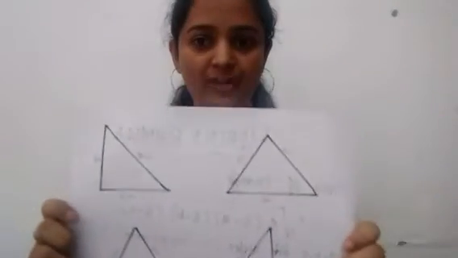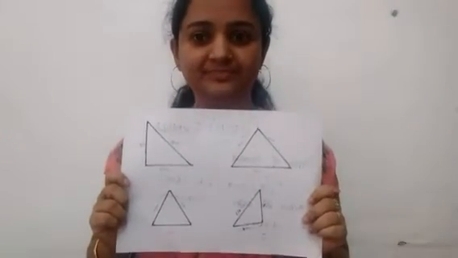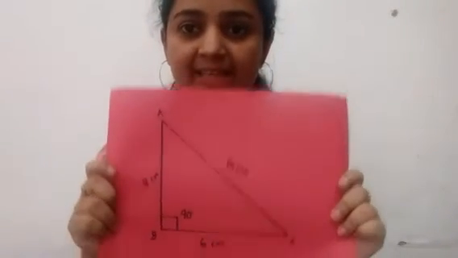Okay. Before introducing the topic, let us do some exercises which you have already studied. So for that I will give you 4 triangles. These are my 4 triangles. Look. What you need to do is to find the area of these 4 triangles. So take a pen and paper first. So shall we start? We can start with first triangle.